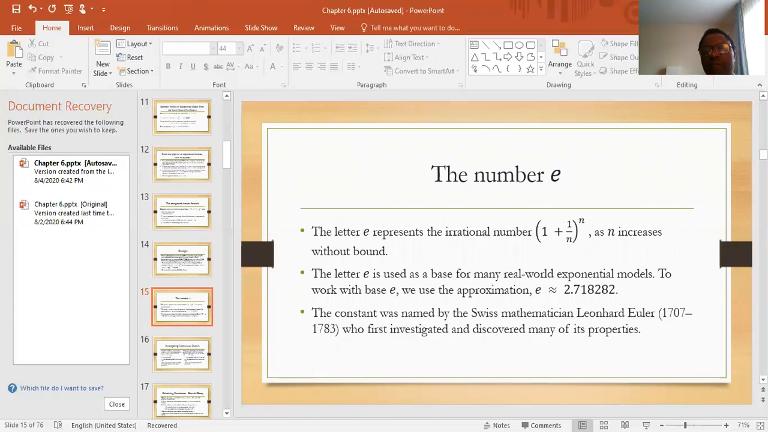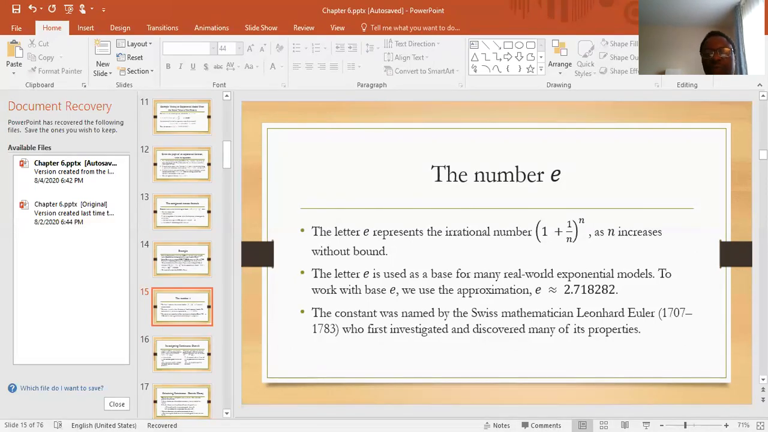The number e, also known as the natural base of the exponential function, is the limit of the expression 1 plus 1 over n, raised to power n, as n tends to infinity. You can always check this by doing some computation with your calculator. Take n equals 1, you will have 1 plus 1 raised to power 1, which is 2. Then n equals 2, you will have 1 plus 1 over 2, squared, and so on. So the value of e is approximately